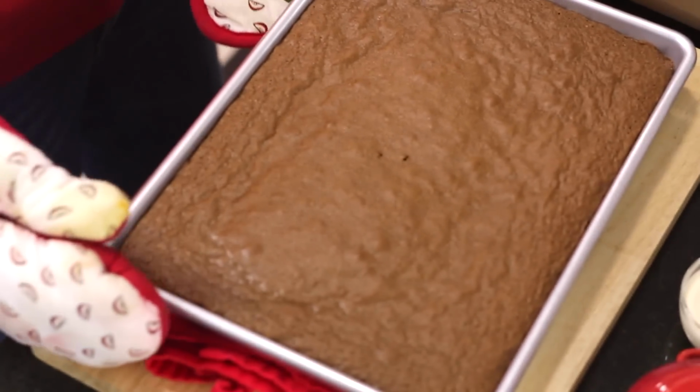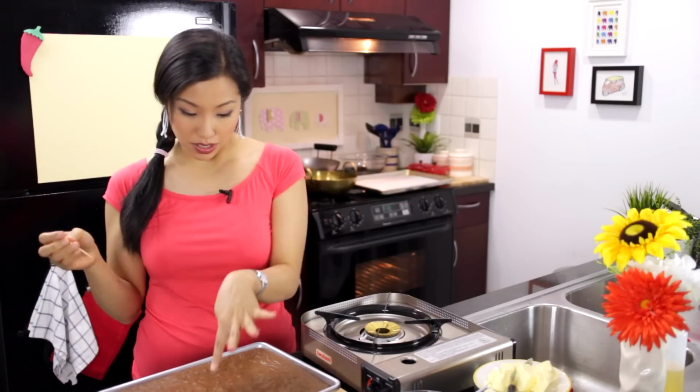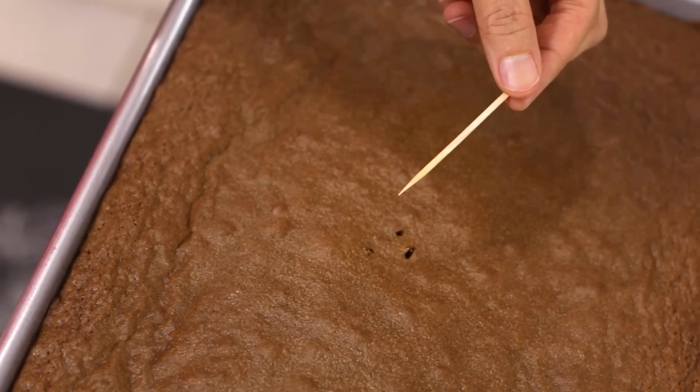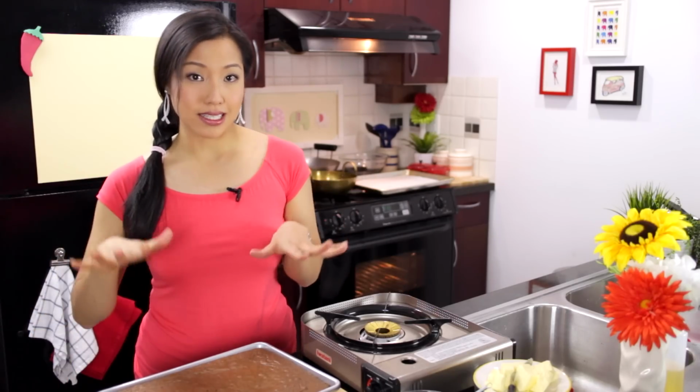Here it is. To test doneness, we can just do the standard toothpick test. You can see those holes there. You just stick the toothpick in the center, you pull it out, and if it's clean, then you're good to go. Okay, so I'm gonna let this cake rest and cool for now while we make the topping,